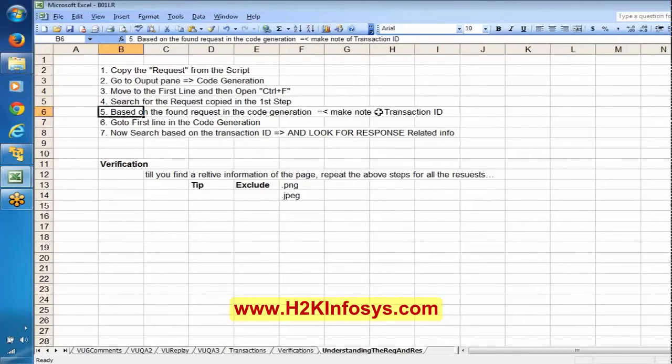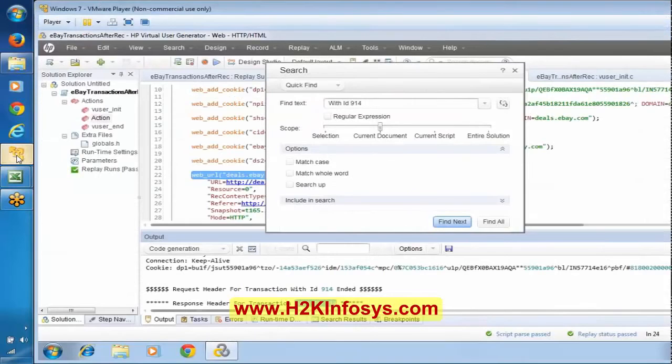Okay, based on the found request in the code generation, make note of the transaction ID, and go to the first line in the code generation. Now search based on the transaction ID and look for the related response. Yes, now I think this is good information to trace it out.